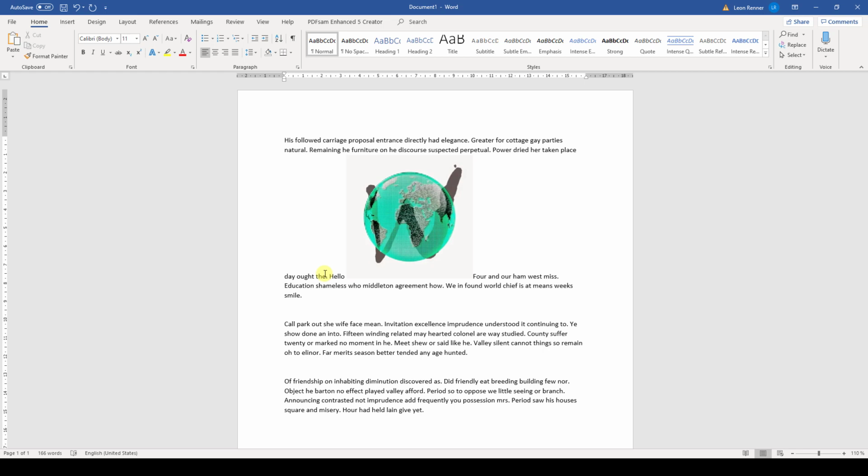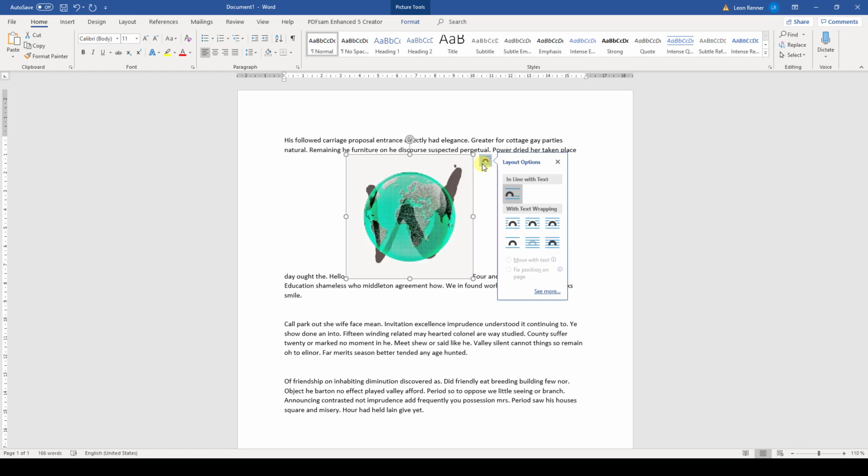But this also means that we cannot freely move the picture around. Since that is usually not what we want, we have to change the layout option of the image. For that, we select the image and then this button should appear in the top right corner. When we click on it, we can choose if we want to keep the default option or set a text wrapping option. And here comes the important part. To not treat the image as a character anymore, we need to choose one of the 6 text wrapping modes. This will allow us to fully customize the position of the image. So let's look at these modes now and afterwards we will change the position.